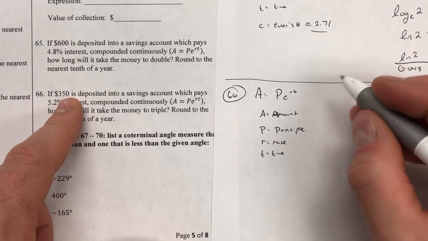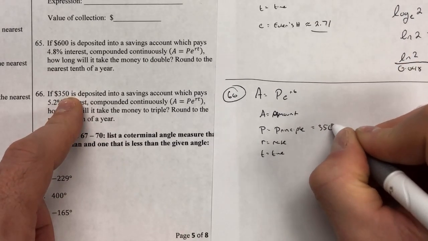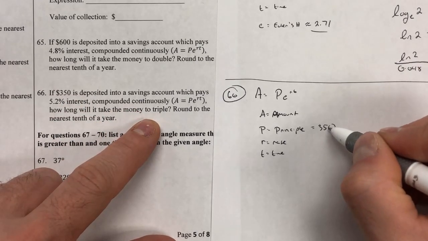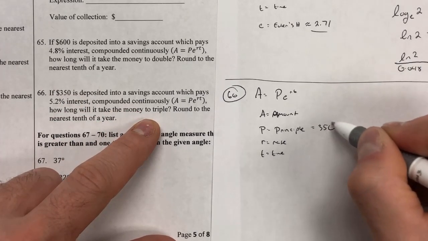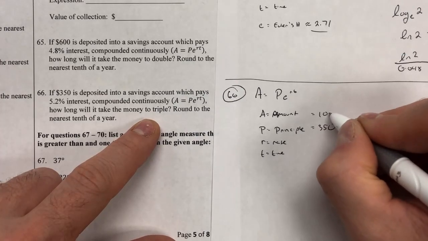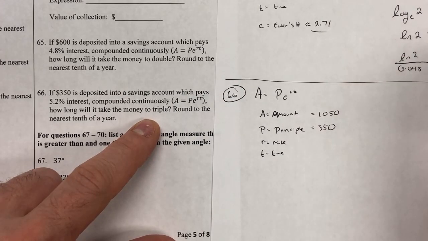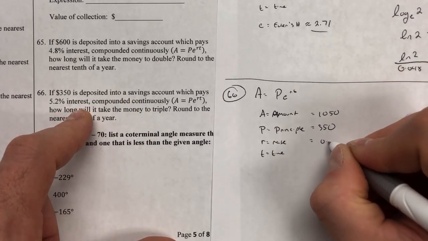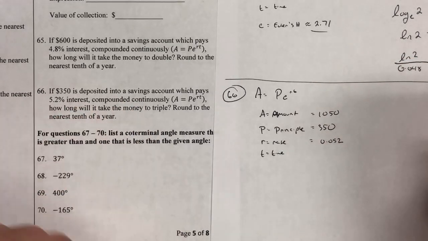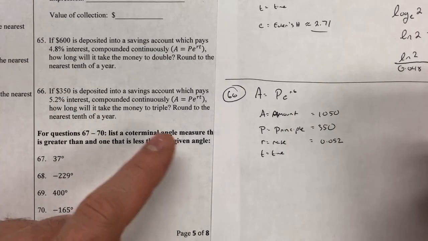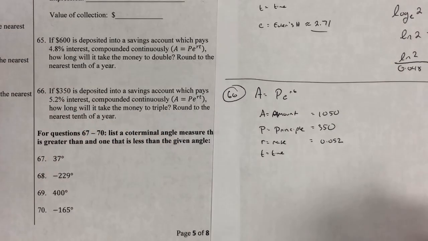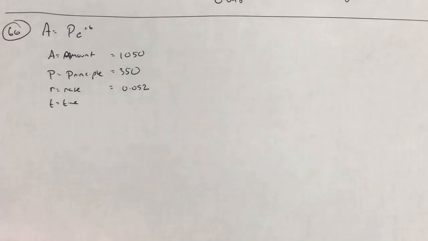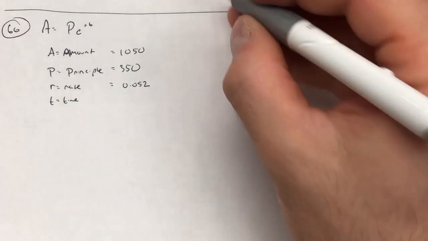Okay. So my initial amount, I deposit $350. I want to see how long it takes for the money to triple. So I'm going to triple this. Let's see, that'd be 900 plus 150. I'm looking at $1,050. I want 3 times that amount. My rate is 5.2%, so 0.052, compounded continuously. I want to round to the nearest tenth, so I'm looking for time here. Okay, so if I fill this out,